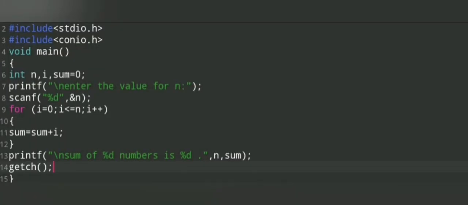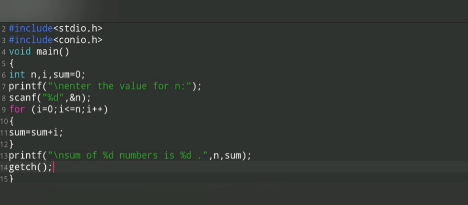Let us understand this code in a detailed manner. You all would have understood the declaration part very easily. The 7th and 8th lines would also have been understood by the viewers very easily. The question can actually be displaying the sum of n numbers, and the value of n is given by the user itself. Let us assume that the user has entered the value of n as 3. So now the actual sum which has to be displayed is 1 plus 2 plus 3. So this is actually 6.